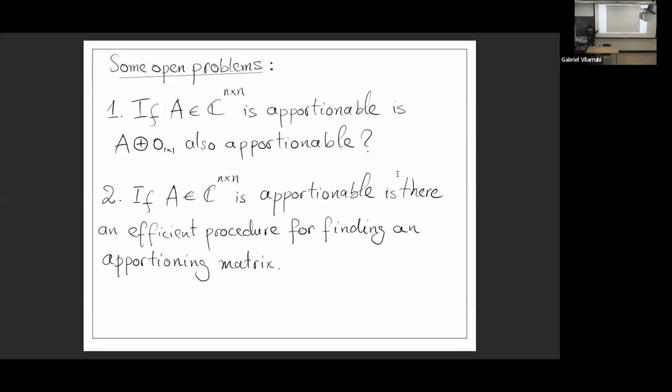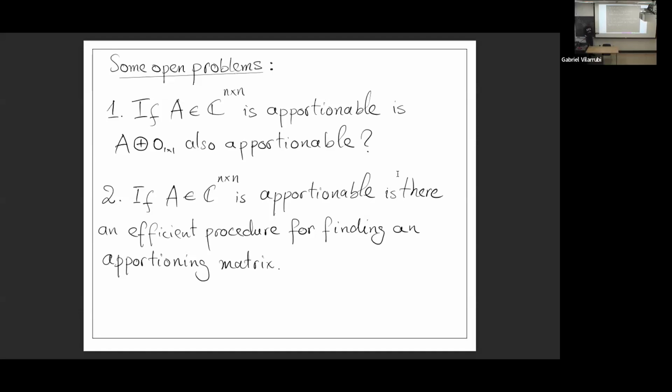We don't know. Now the reason why if you add enough columns, you get apportionable is because we know that the tensor product of apportionable matrices has to be apportionable. So if you tensor product with a 2 by 2 matrix, you're basically adding n zero columns and n zero rows. Everybody sees? Okay. So that's why I know that if you add enough zero